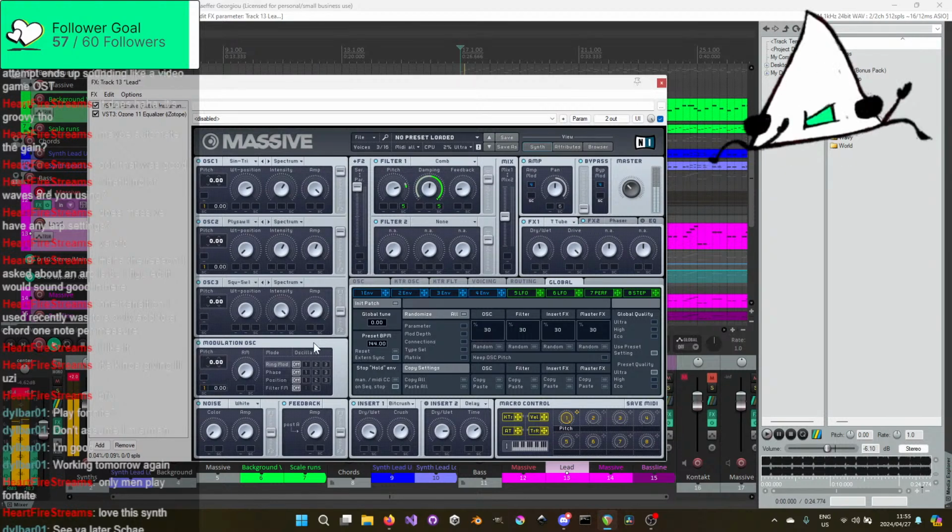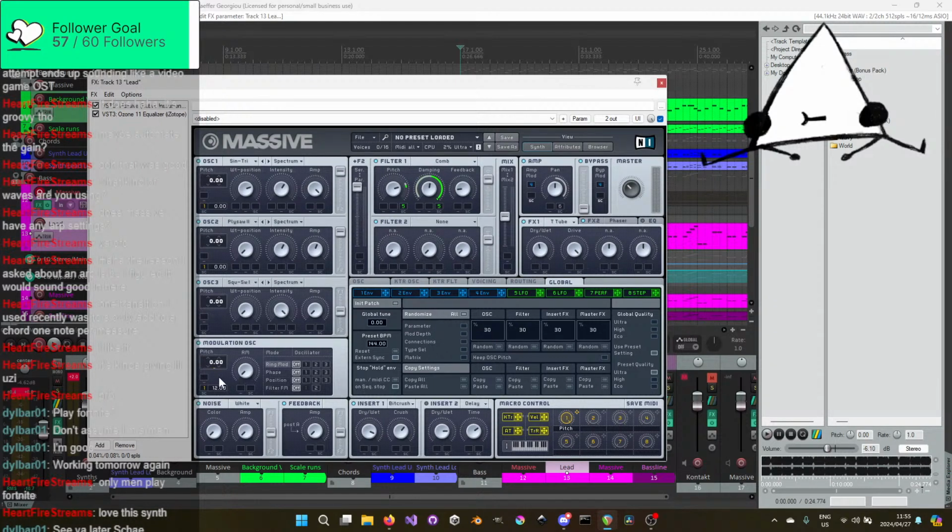We're learning. New. No, wait. We can just make it like negative an octave, and then when we turn it up, it'll be fine.